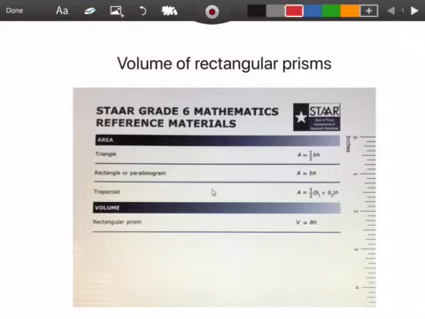All right, so we're still looking on the back of our star chart at the volume section. This is the only formula we have in the volume section for volume of rectangular prisms. Now you'll notice that we have V equals a capital B times H. All right, this capital B is different from the lowercase b. The capital B stands for the area